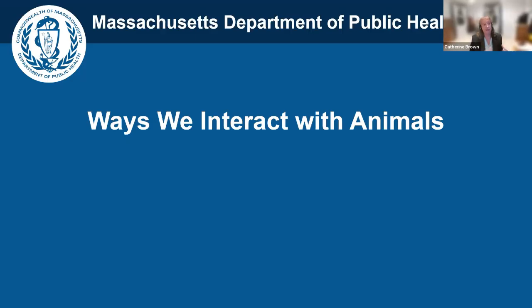What I want to think about is the ways that humans and other animals interact together, because it's those interactions that can really impact the ways diseases spread between different species of animals, including humans. I don't want you to think that I'm forgetting the environmental component of this, because I'm not. I'm not, however, going to talk about the whole environment. We're not going to talk about climate change here. Happy to come back another time and talk about that.